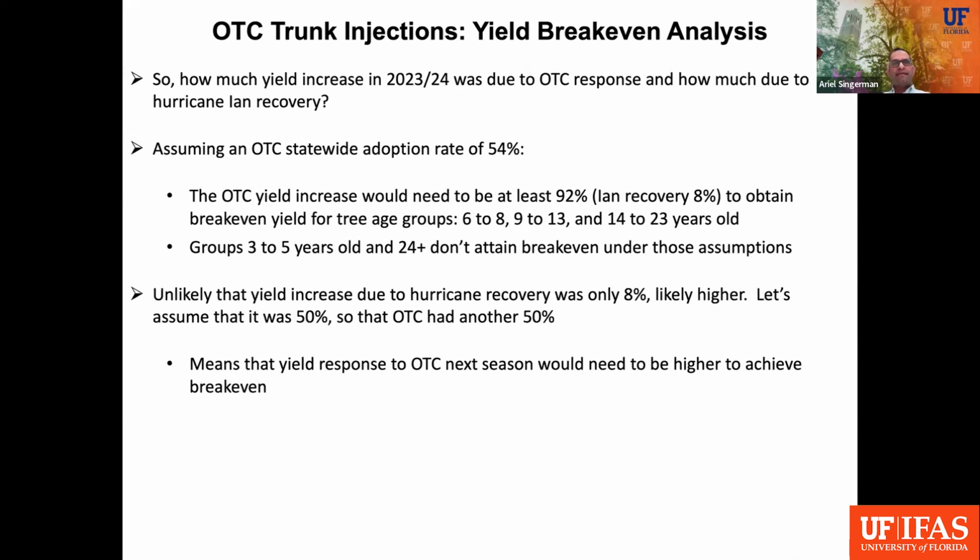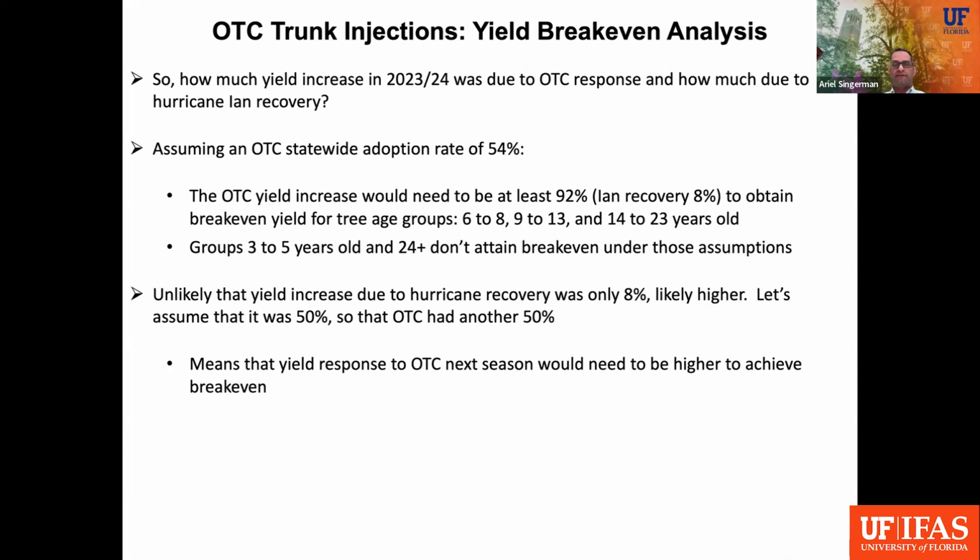Now, it is quite unlikely that the yield increase due to hurricane recovery was only 8%. It is more likely to be higher. So let's just assume that it's 50-50, so that OTC accounted for 50% of the yield increase, and the hurricane recovery was another 50. Given that I had estimated that I needed at least 92% of the increase to come from OTC, what this 50-50 means is that the yield response to OTC next season would need to be higher